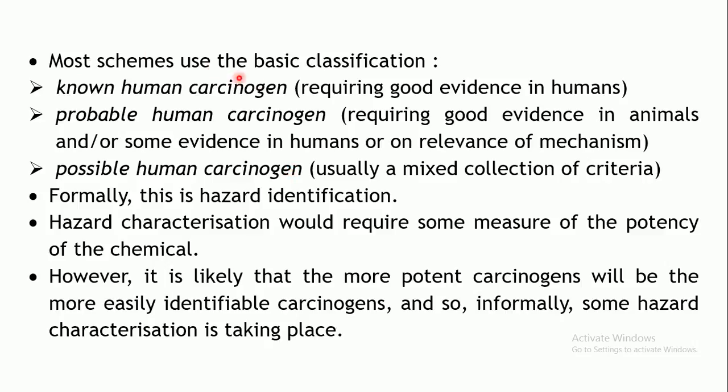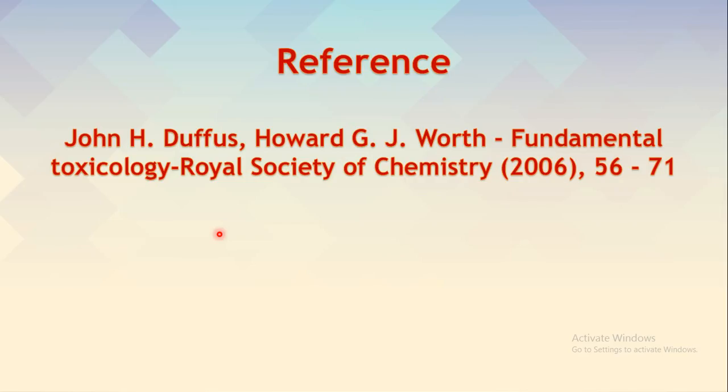Usually when you categorize your carcinogen in such categories, what you are doing is hazard identification. Whereas hazard characterization may require a much more detailed study, wherein you have to measure the potency of that chemical for producing such adverse effects, like carcinogenicity. So this finishes the first 2 steps in the process of risk assessment.